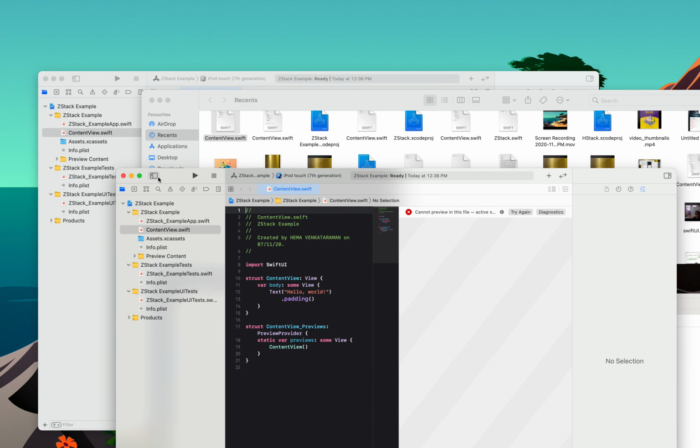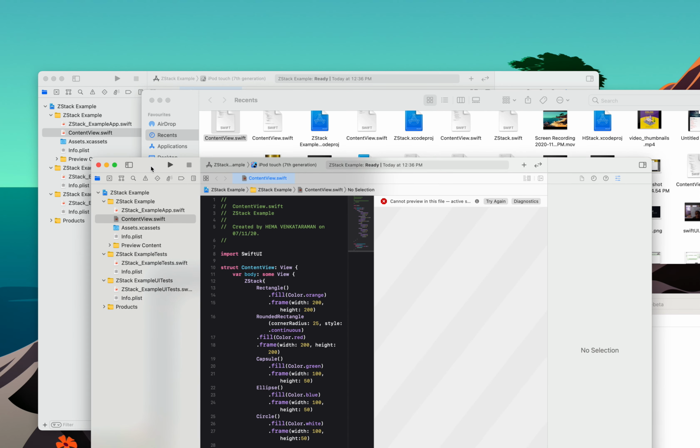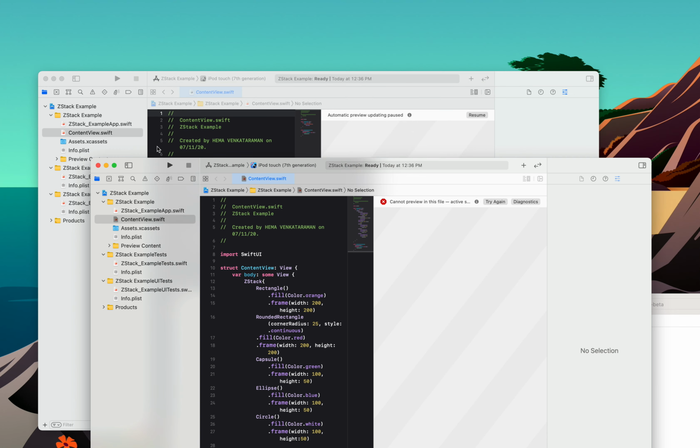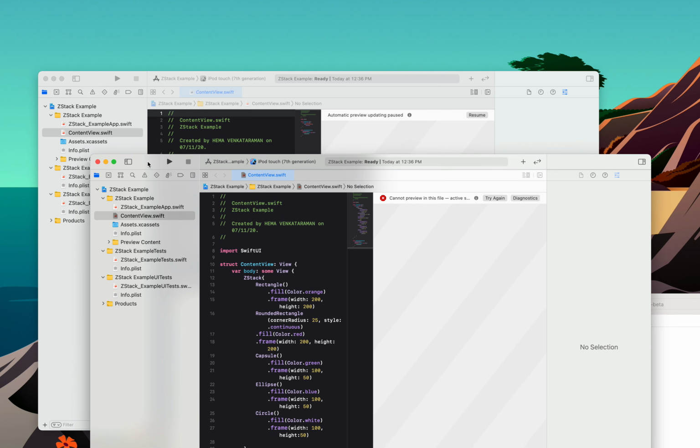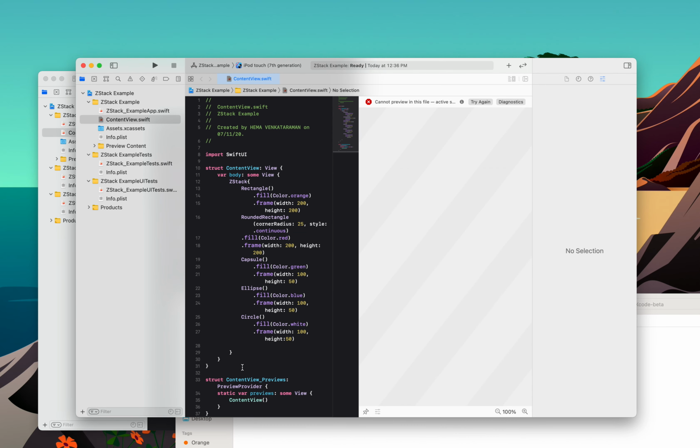Okay, so now, since I already have it, I'll just copy and paste it from my project. Let's close this. Okay. So there are two layers, so don't worry about it. So this is the one we are going to do.